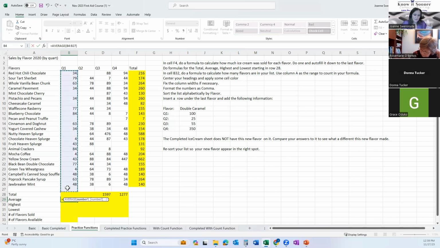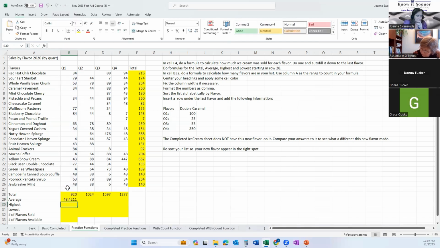And I will show you in a minute why we need that blank row, because of what's going to happen when we add our new double caramel in. So I'm done. I press my enter. We're going to format these in a minute and I'm going to drag it across. So now we know, oh, wow, we had a really low average. Wow, okay, 76. Huh, interesting. Yeah, that's not surprising. I'm an analyzer. I look at stuff and I analyze it.